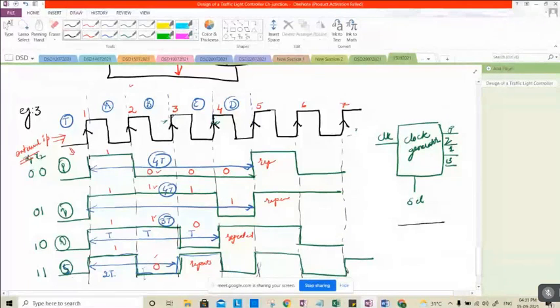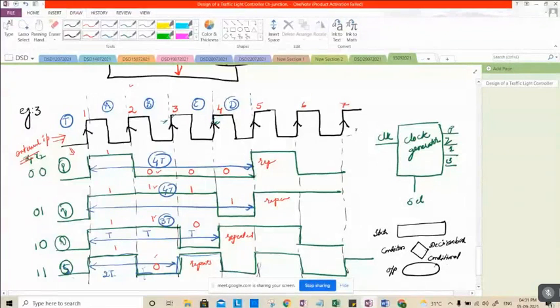The state is represented by this rectangular box, the state representation. Then this is the condition, the decision box. Then this is the output, named the conditional output box. You may use these three elements and draw an algorithm for this particular waveform generation,